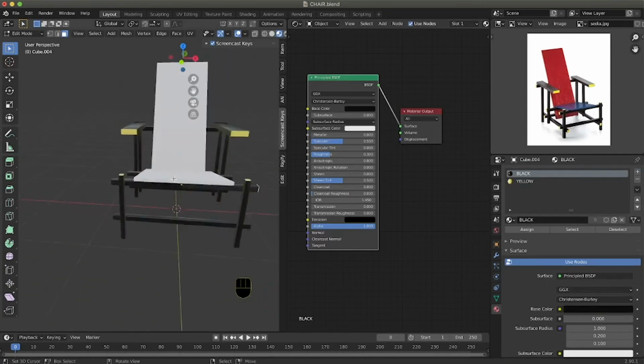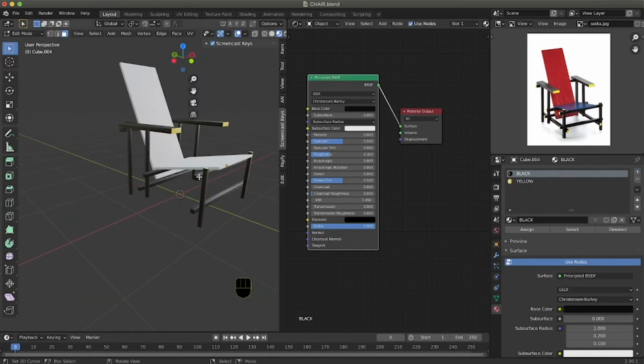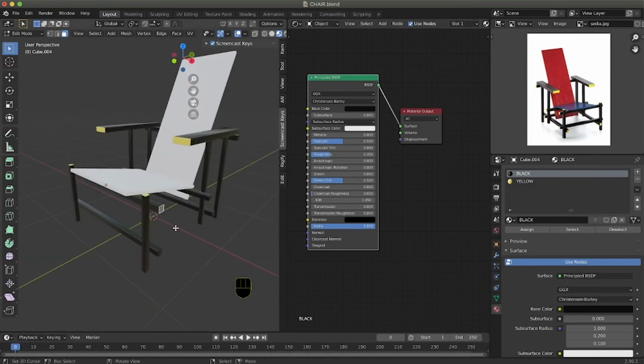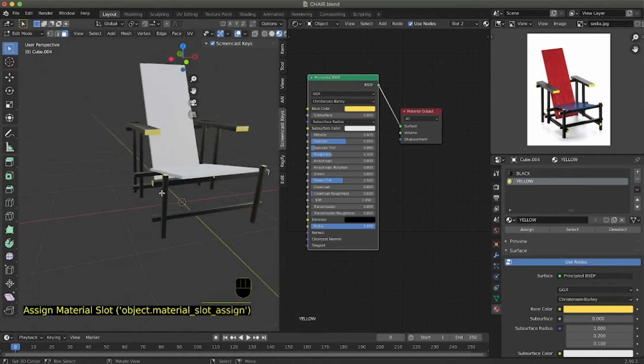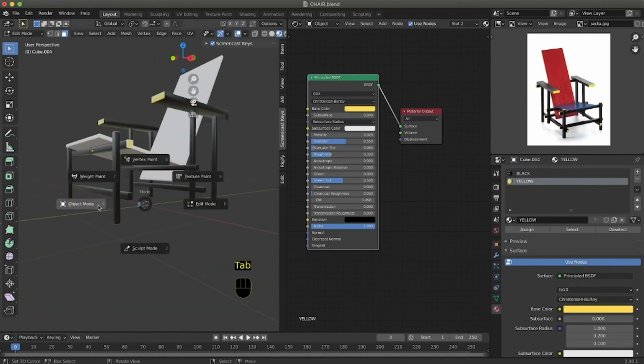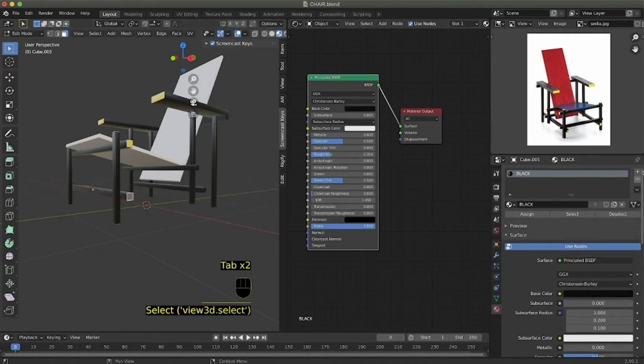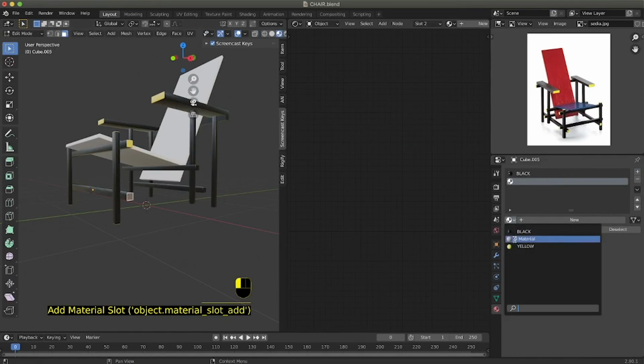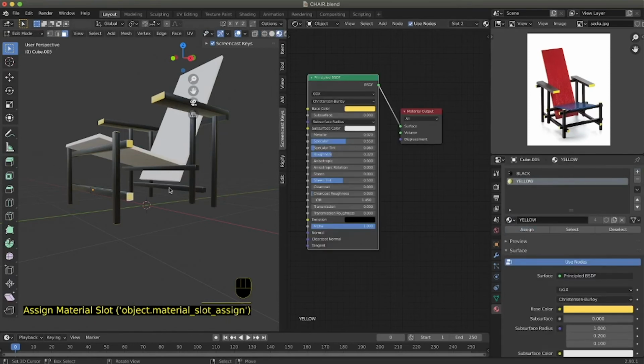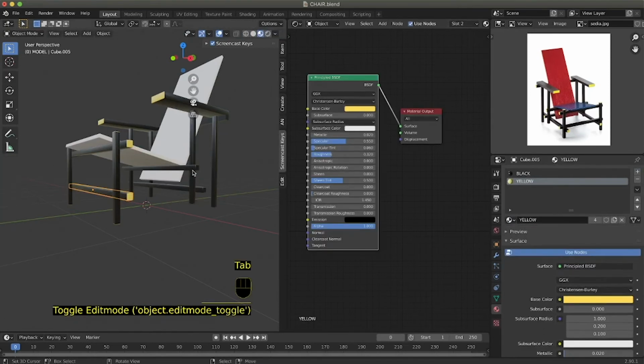In this case we don't really have to select this part because, as you remember, this part is the mirror of the front, so we simply select one of them, yellow, assign, and we can see the yellow in here as well. Then we go back, we select this part, edit mode, new material, yellow, assign, this one.